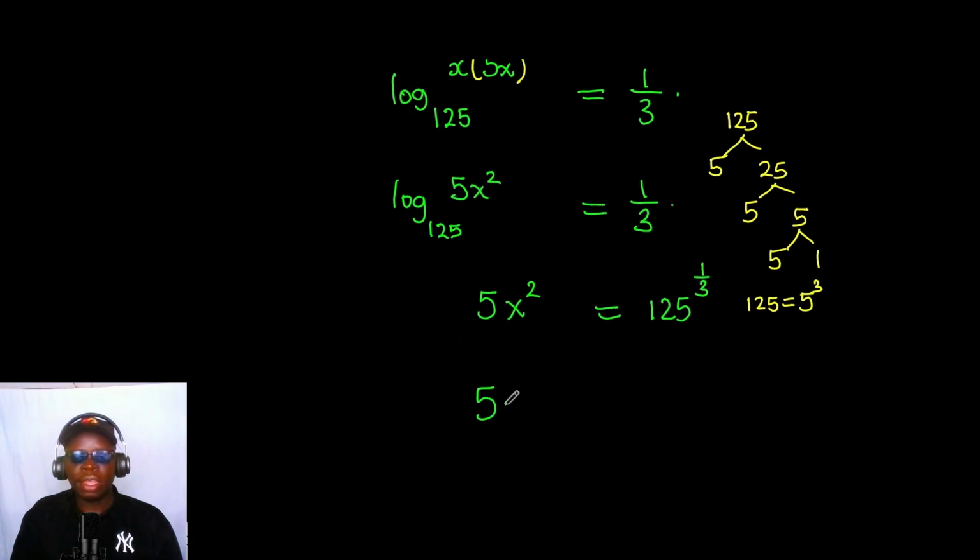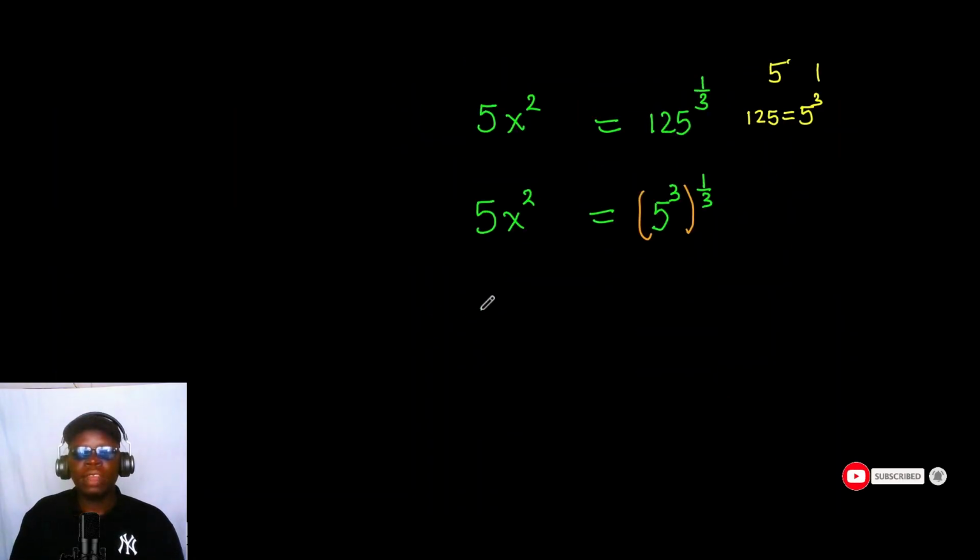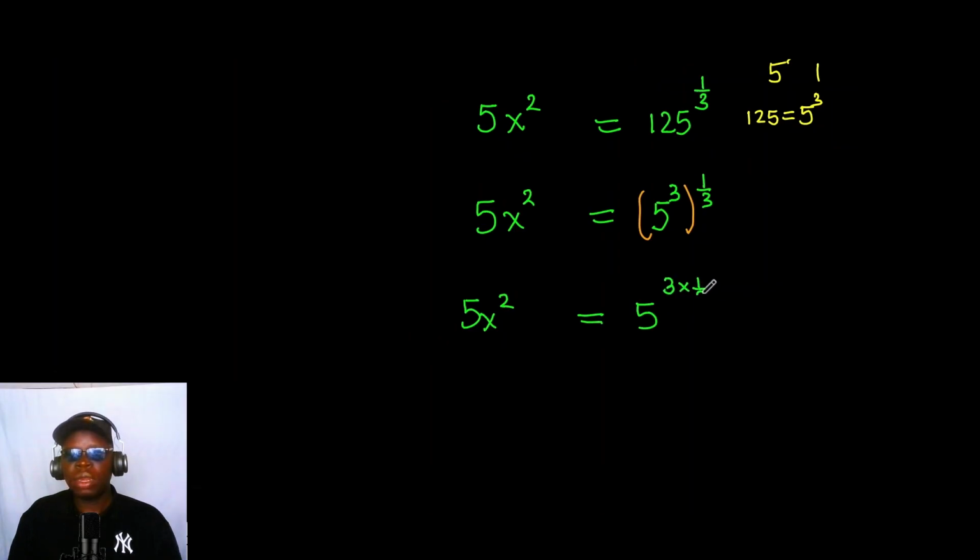Therefore, 5x squared equals 5 exponent 3, and we're going to raise this to the power of 1/3. And when we have a number to an exponent again to another exponent, from the indices rule, we have to multiply these indices, and let's do that here. Therefore, the left hand side still remains the same. 5x squared equals 5 exponent 3 times 1/3, and we know that this 3 cancels to 1, and here we're going to have